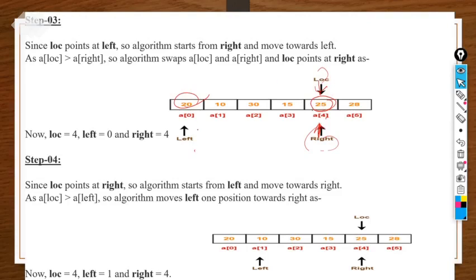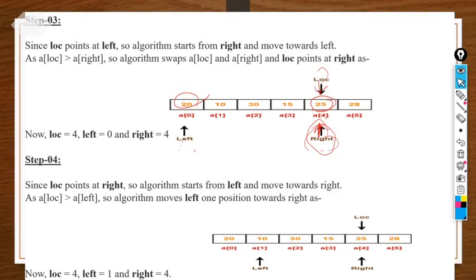So next, now we have to compare this point. Now we have to check on the left-hand side. So 20 should be less than the LOC element when we compare it. Yes, it is less than, then it's okay. Now move on to the next step. Now there is no need to move this particular position because LOC has come here only for that particular time. Previously, when LOC was there, you could not move the left. Now LOC is on the right position, so you cannot move this particular position.